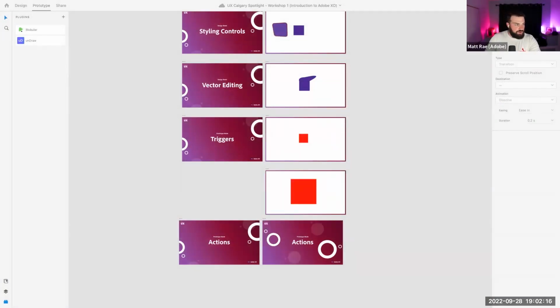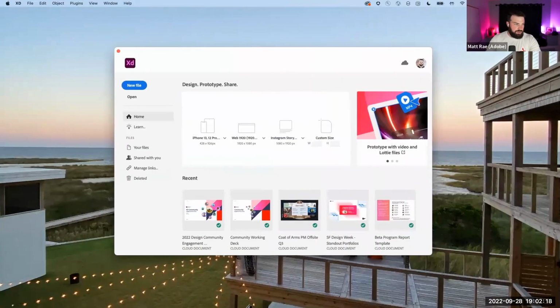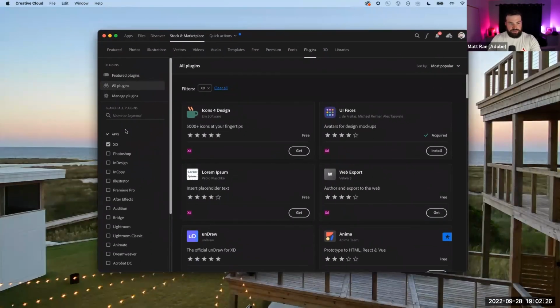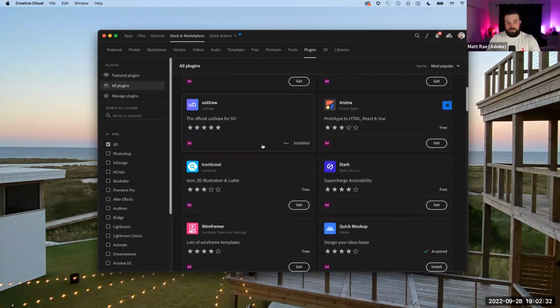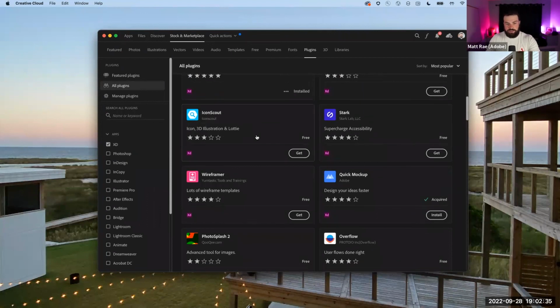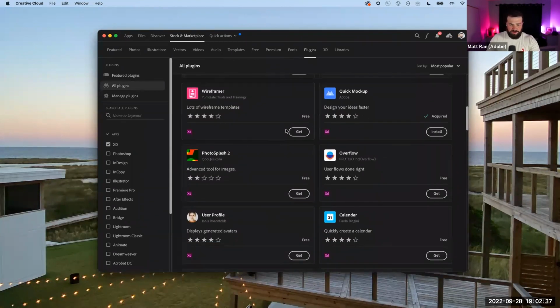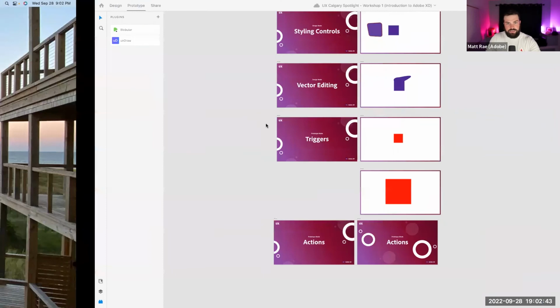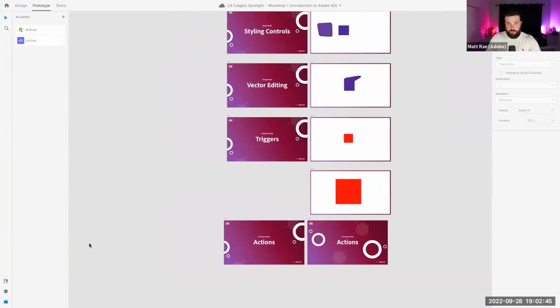And there's a whole plethora of, if I can get the window onto the right screen, a whole plethora of plugins available for XD, from icons to placeholder faces, lorem ipsum, icons, which are going to be really handy as we build something out. A quick mockup we'll talk about. There's a whole bunch of these plugins that can help add in functionality to XD, depending on what you're doing. So if you're bored and you want to click around and see what plugins are available, click on the little Lego block at the bottom, and then hit plus up top in this panel, and you'll be able to search